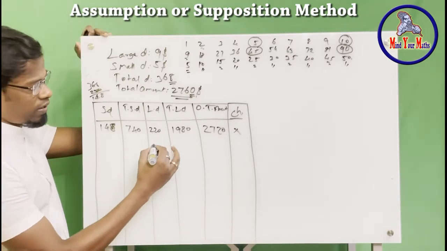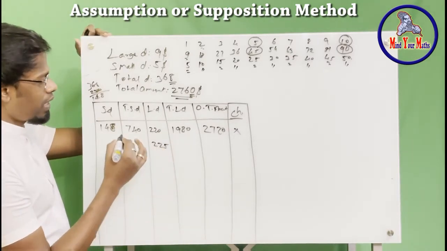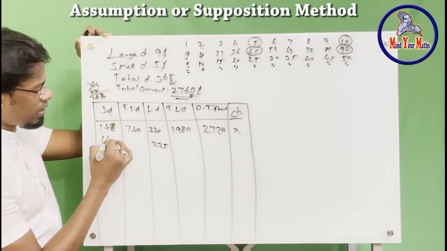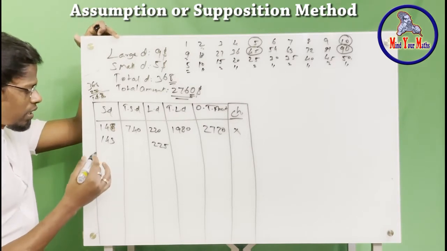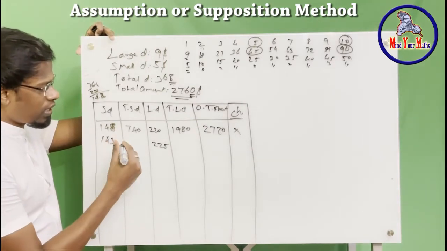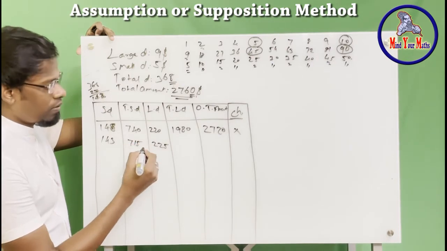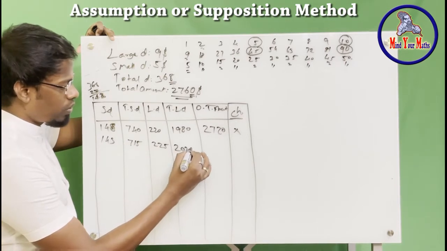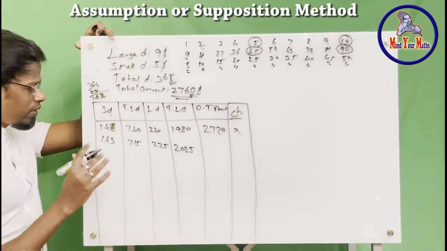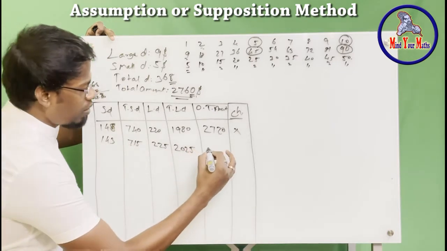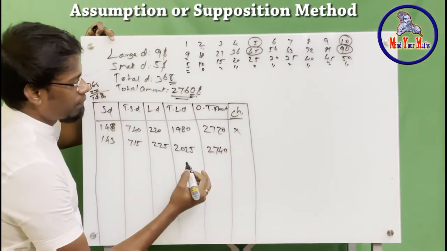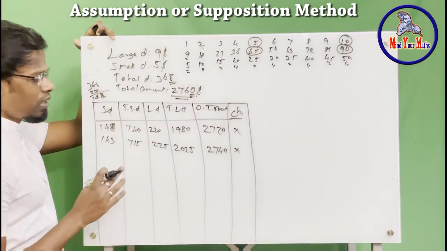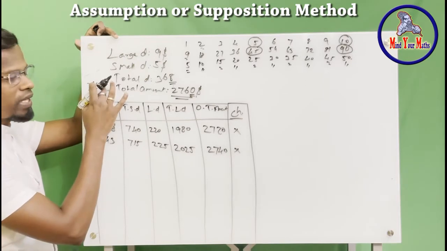Now let's increase this by 5. It becomes 225, and if you subtract another 5, the small one becomes 143. Now 143 times 5 is 715, and 225 times 9 is 2025. When you add them together, you get 2740. This is also not the answer because we need to get 2760, so the total should increase by 20.